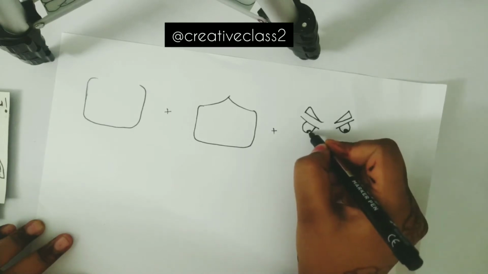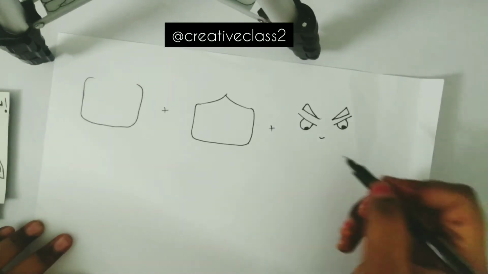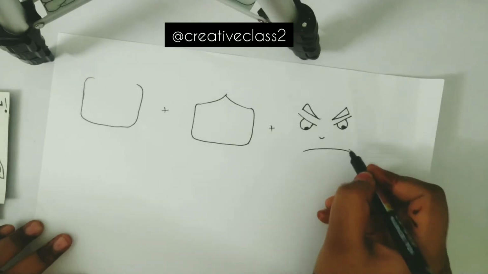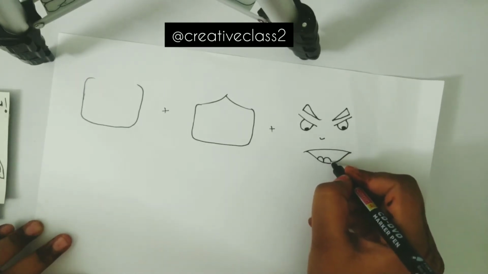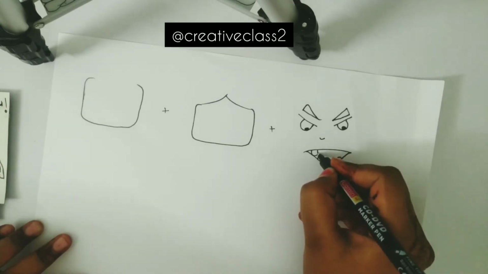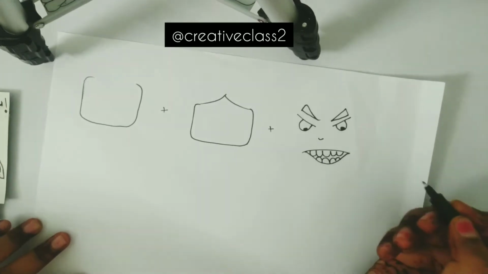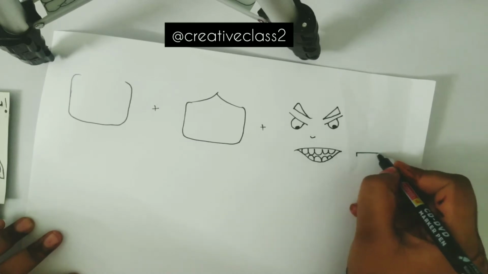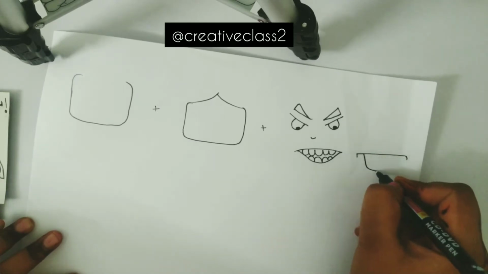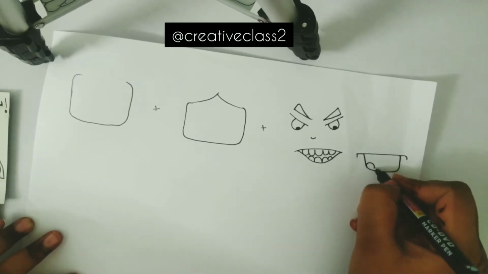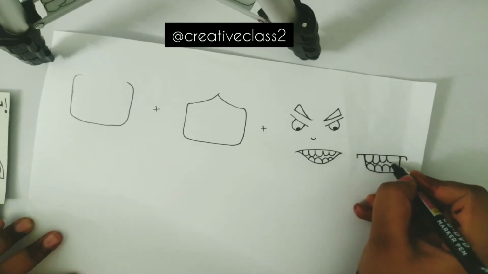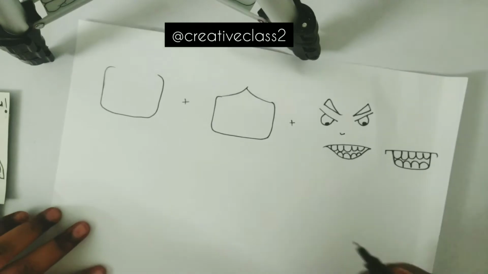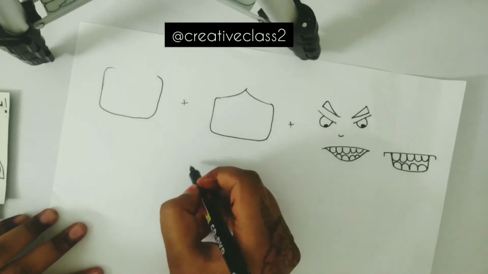So you can choose any type of eyes and any type of mouth and combine both together, and you will write out what type of emotion you are getting, or you can even just scribble a little bit. If you need any other type of emotion, you can just comment down below and I can create a video for you guys. So here I'm just practicing some emotions which I can use in my further doodle.